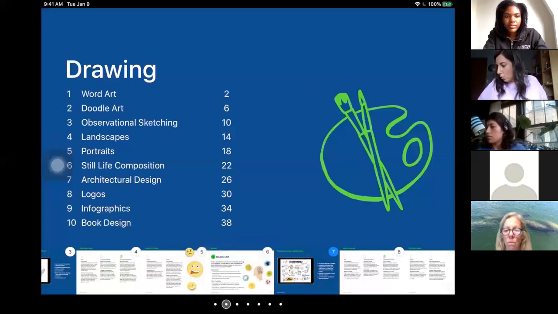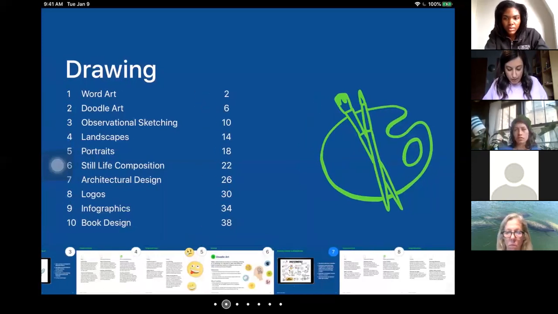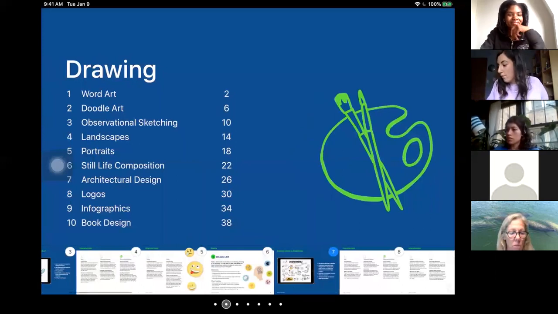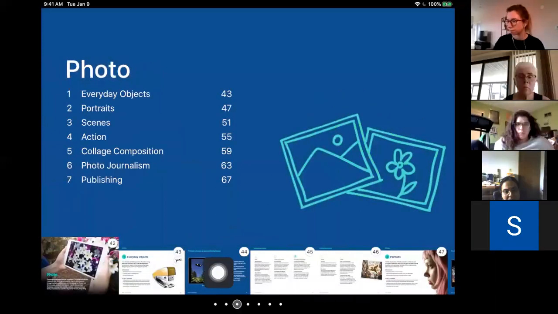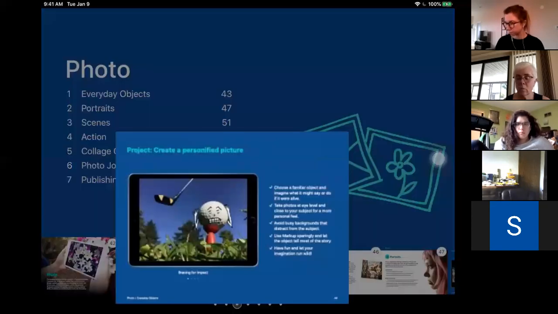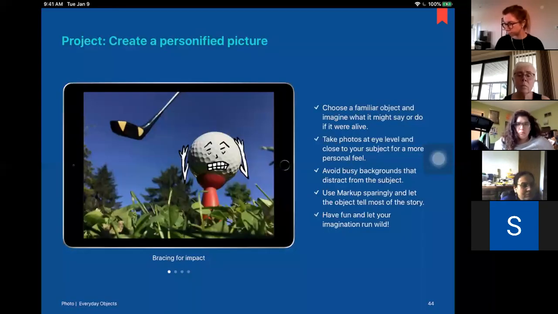So with these books, there are chapters like I explained. And today we're actually going to do a project from the photos book. Now, how can I find the photos? I'm going to tap on the little dots on the bottom, and we're going to do the everyday objects project. So if you can click on that, if you have it open, or you can just look at mine on my screen. And today what I'm going to ask you is, we're going to use a feature on the phone